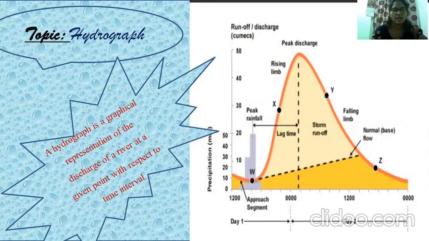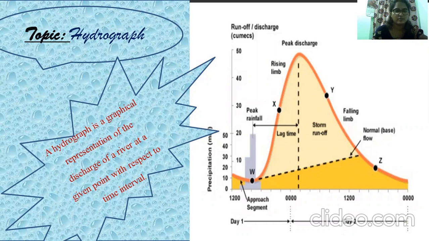The discharge or water flow quantity refers to the product of the speed or velocity of the river and the cross-sectional area of the river. The discharge is expressed as D = S × A, where D is the discharge, S is the speed or velocity, and A is the cross-sectional area. Water flow quantity is measured in cubic meters per second, or cumecs.